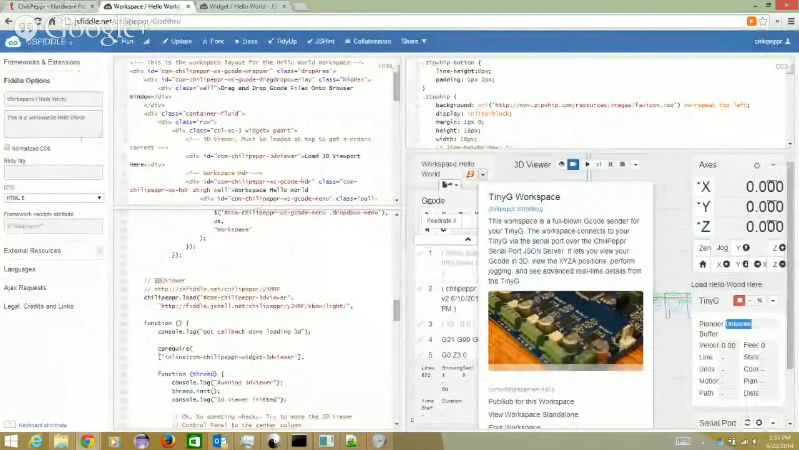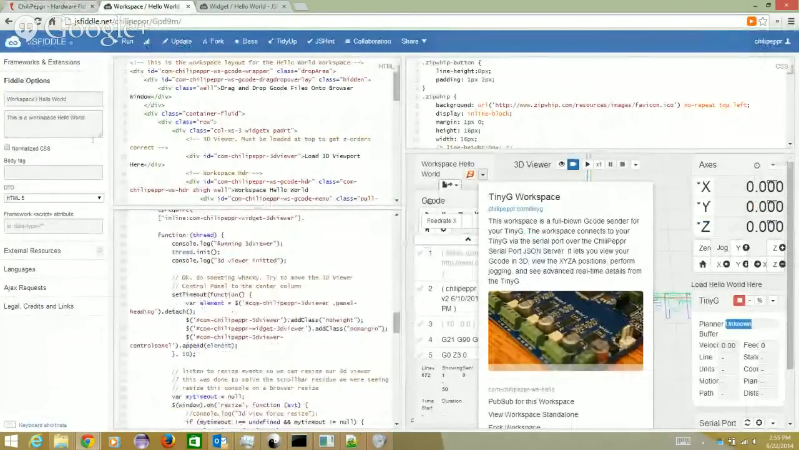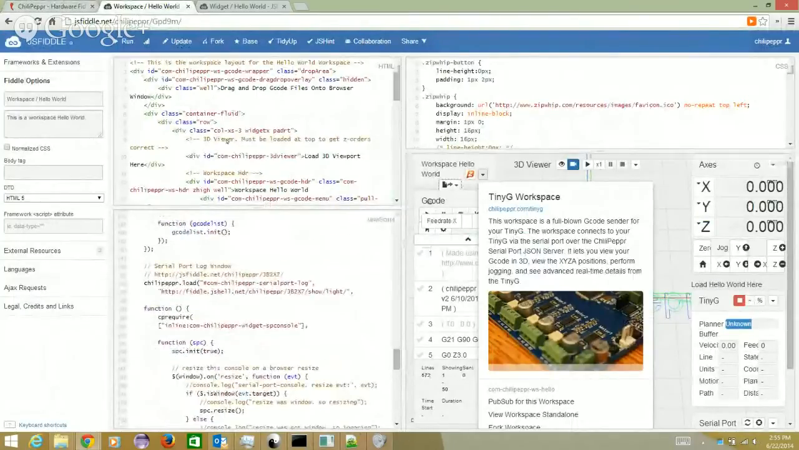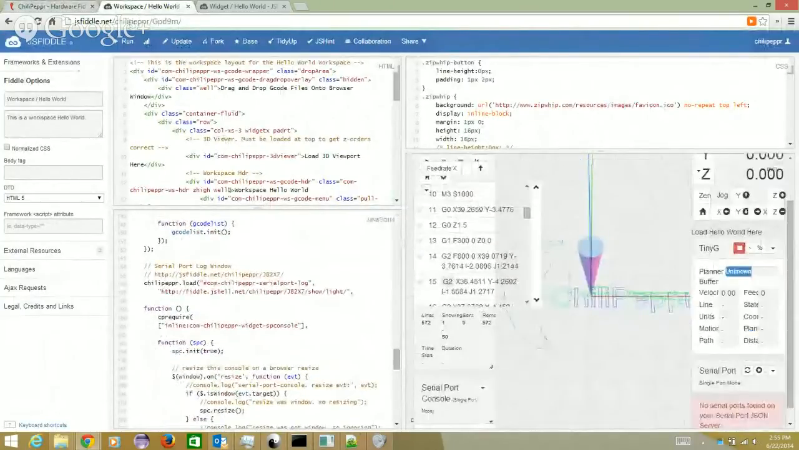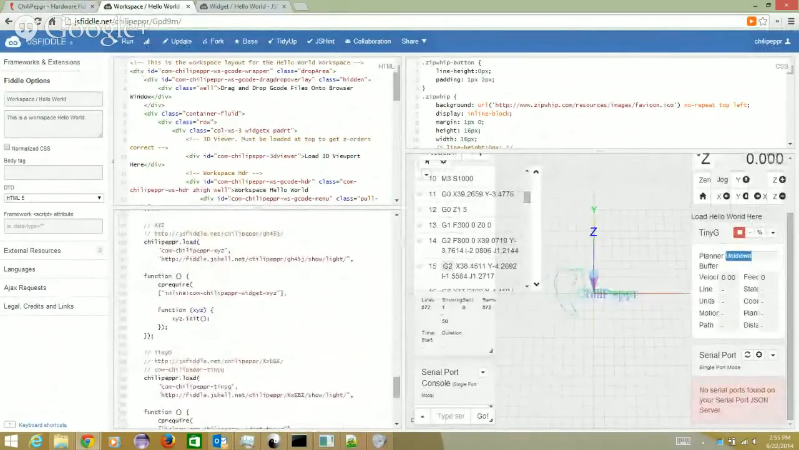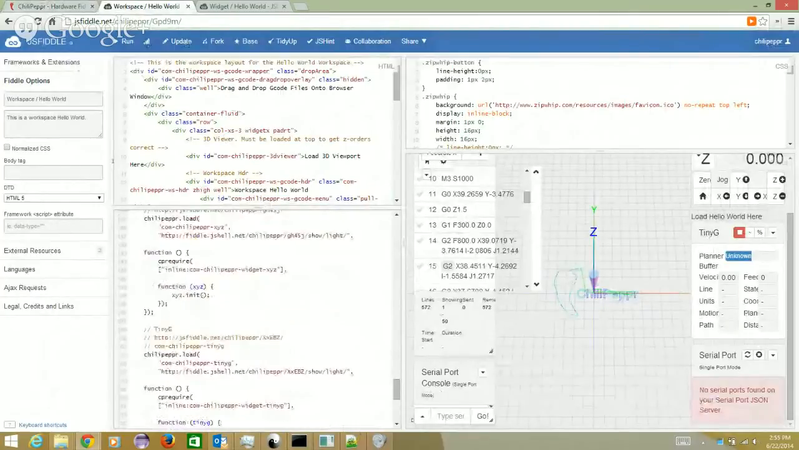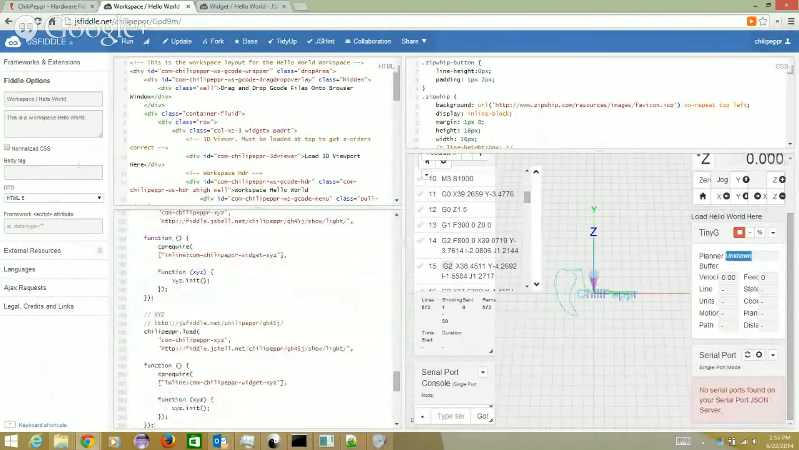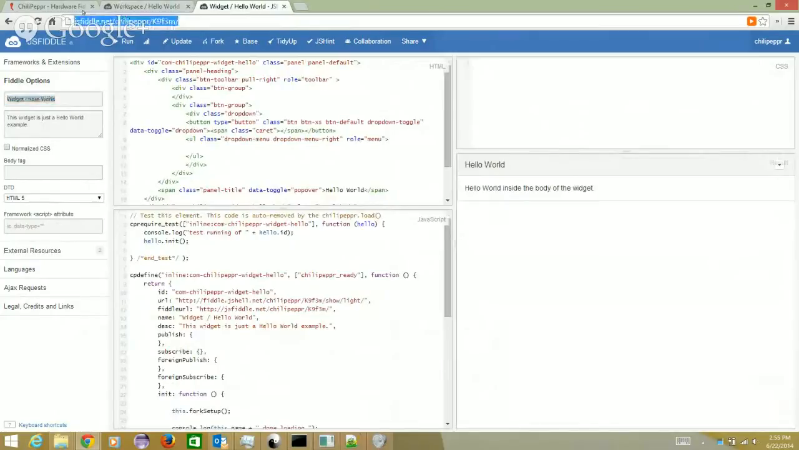The 3D viewer is loaded next. Then the G-code list and the serial port log window are on the left side. So that's these items here. Then there's the XYZ and the TinyG. Because I want to put it between those two, what I'm going to do is copy the XYZ, and I'm going to load the hello world right here. So hello world widget. And let's grab the URL,